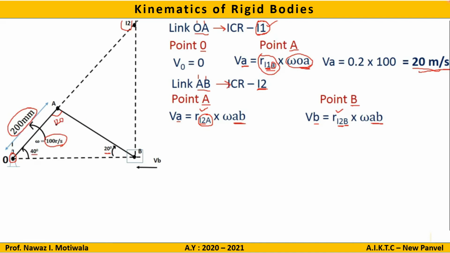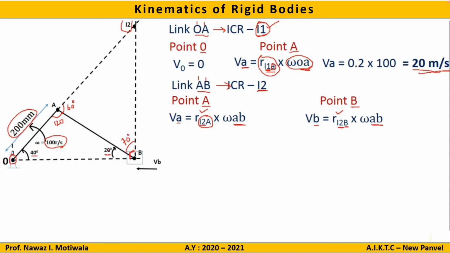Now, if this angle is 120, what will be this angle? This angle will be 60 degrees. Why? Because they are angles forming a linear pair. So if this is 120, this is 60, giving a total of 180 degrees. Now we have found one angle. Similarly here, you can see that this angle is 20. If this angle is 20 and we know that this is 90 degrees, this angle will be 70 degrees. It's just geometry.